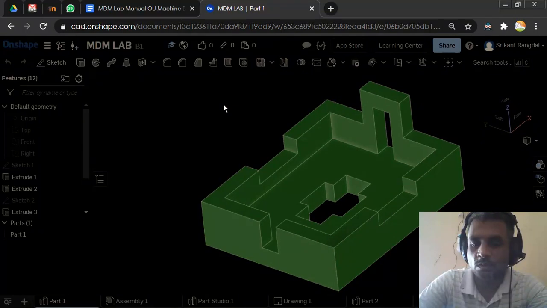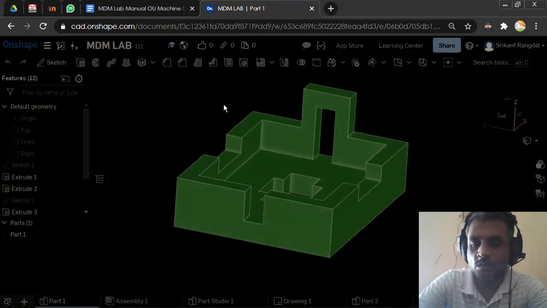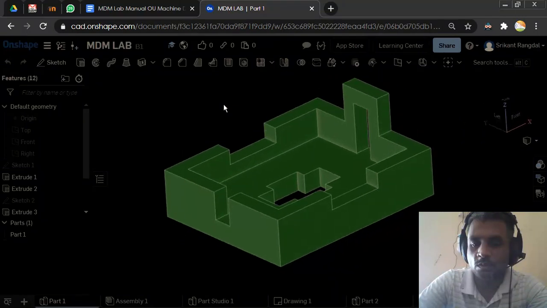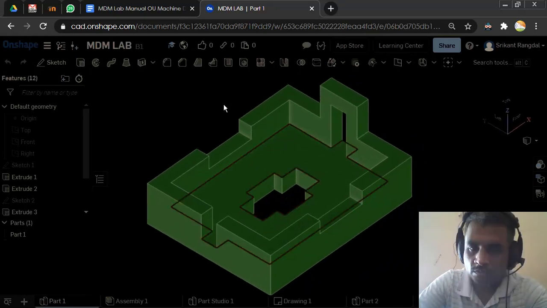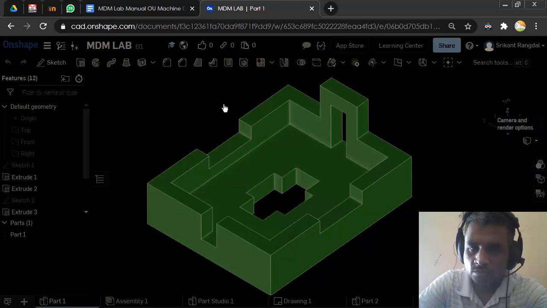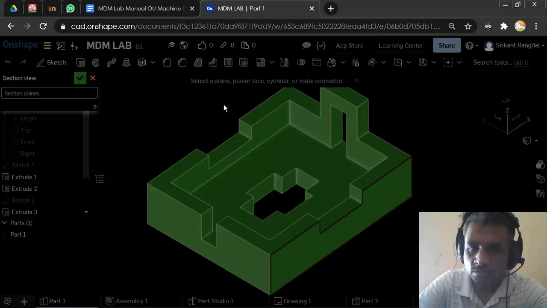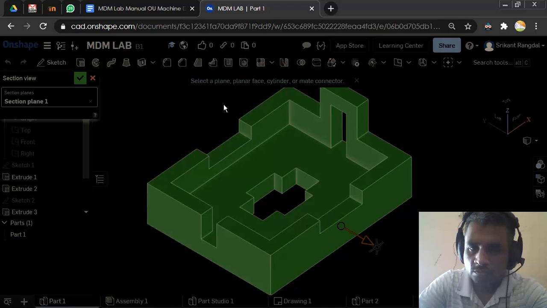So I'll just go with the sectional view, and I will choose this line here, and I'll just drag it to the midpoint. So you can see here, this is how the sectional view will be created. When we cut this object into two halves, exactly passing through the center, this hatched surface we are going to see. And when we draw the front view, this view is what we need to draw.